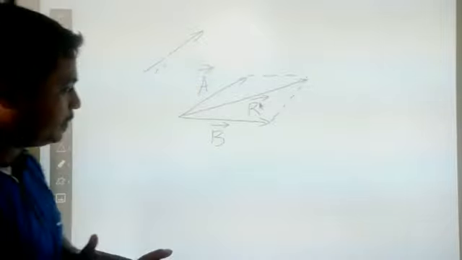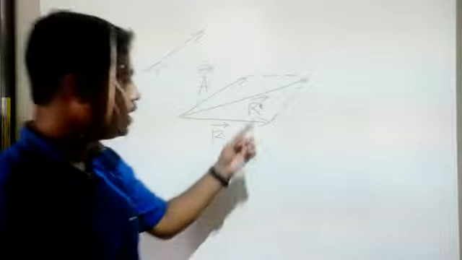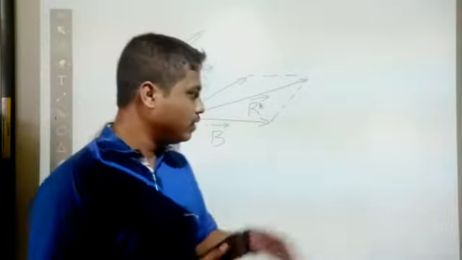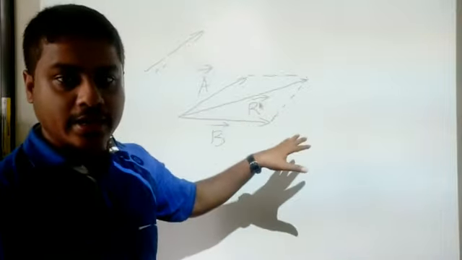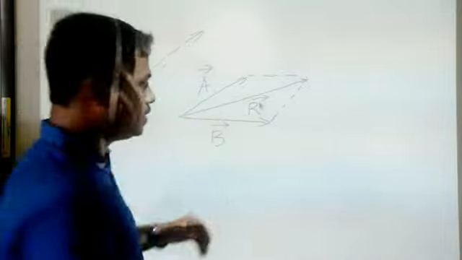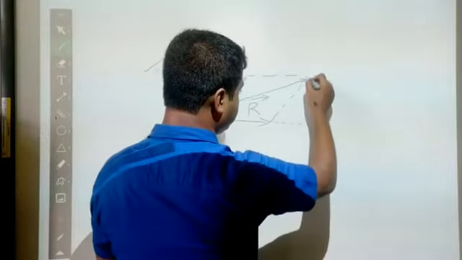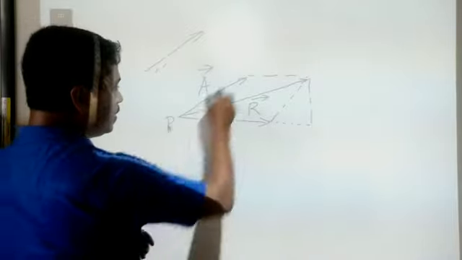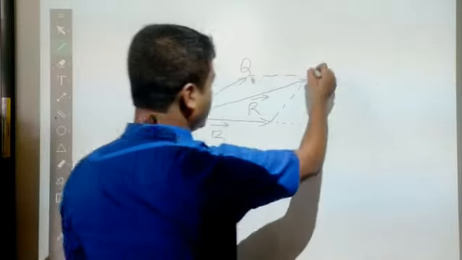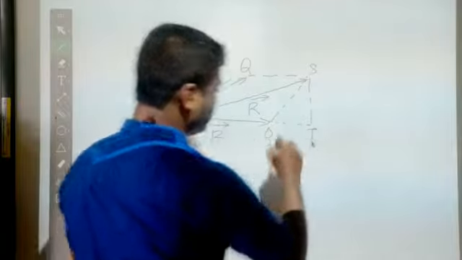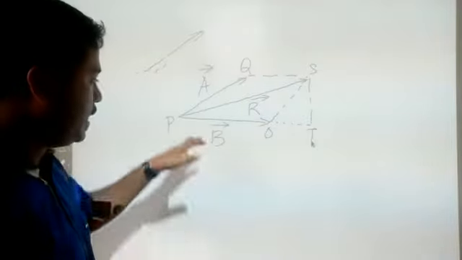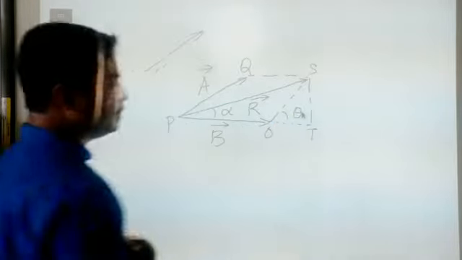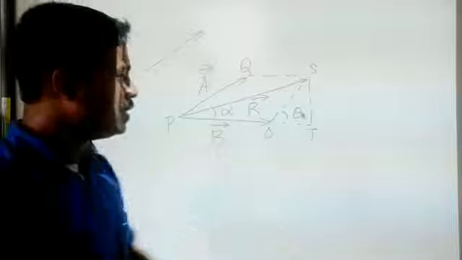So before doing that, we need to calculate the value of R. For that, as in the last class, we have to make a right angle triangle here because we have to use the Pythagoras theorem. So you extend this line a little bit. Clear? Then you mark this as P, Q, R is already there. You use S, O and T. Clear? Then after that you use this angle as alpha, and this angle as theta. So alpha angle and theta angle I have used.